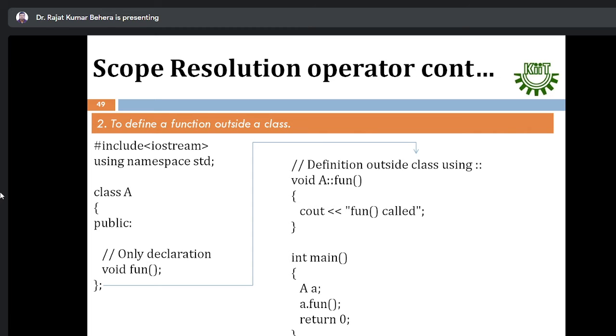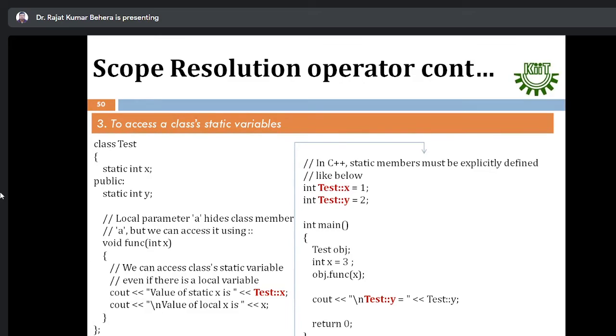Boys side, is this clear? Yes, sir. Okay, girls side, is this clear? Yes, sir. Okay. Then